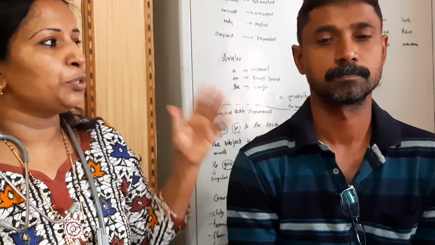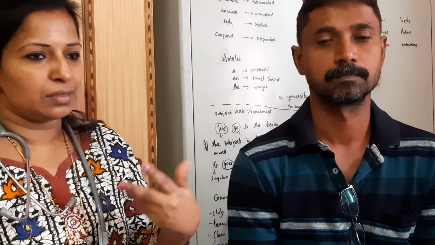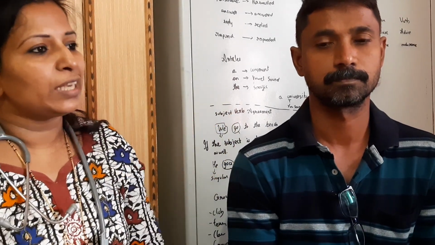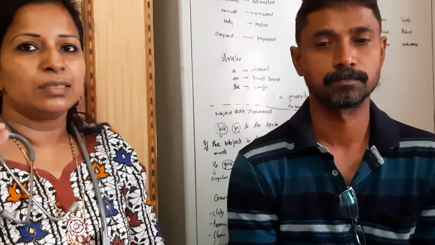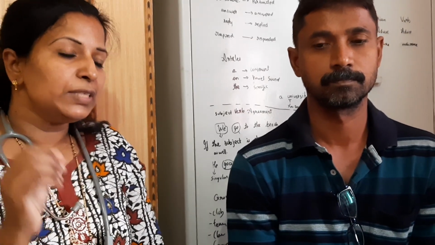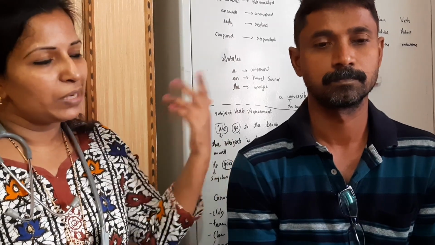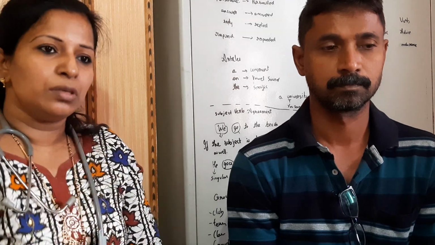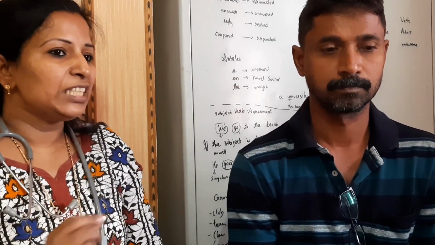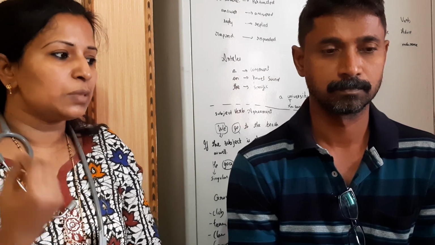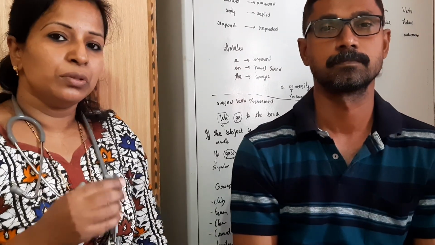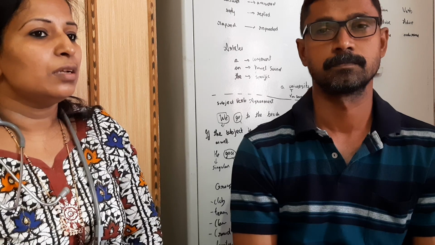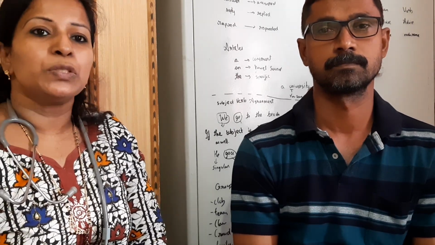Now I'm asking the patient to close his eyes, because I'm going to check the cranial nerve again. The cranial nerve is the olfactory, cranial nerve 1, which is responsible for smell. I give certain perfumes or any pleasant smell or a foul smell, and the patient has to differentiate the smell. Here I am checking the nerve integrity, that means whether the patient has the ability to smell or not.